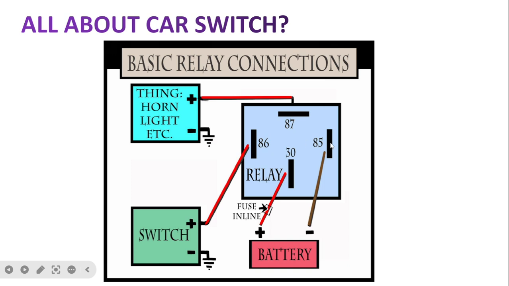These 86 and 85 pins play the role of making this connection. It acts like a switch. For energizing, 86 is connected to the positive terminal of the battery and 85 is connected to the negative terminal of the battery. In the next slide,